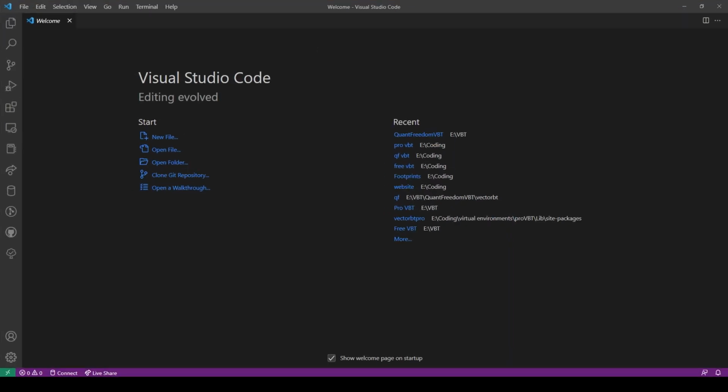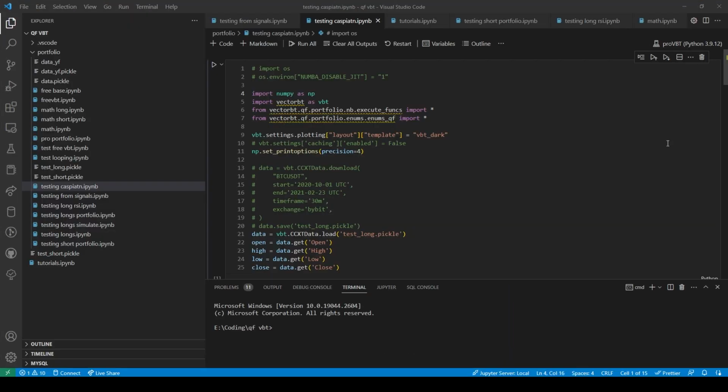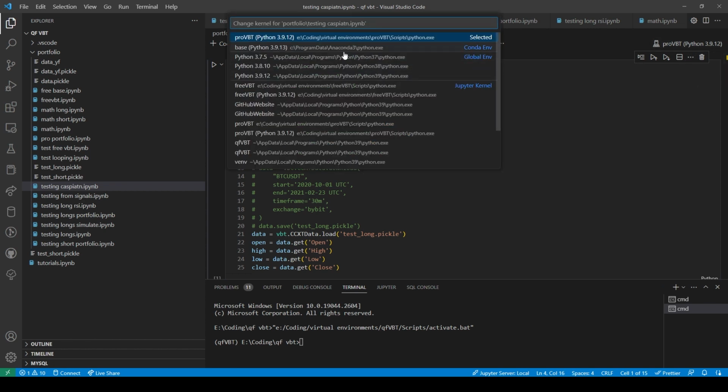Anyways, I'll come back to this. That is so weird. This was set to Pro VBT still. Why was this thing still set to Pro VBT? That's weird.